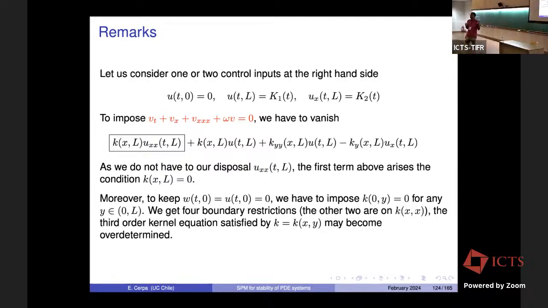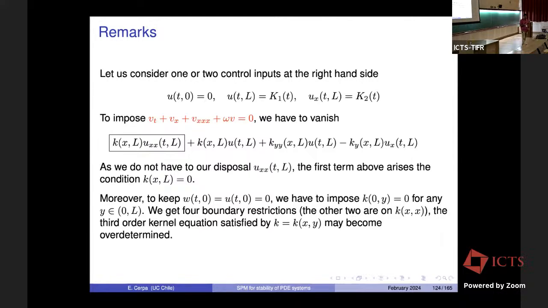So, for the kernel K, you get some terms K_xxx minus K_yyy. So, there are derivatives of order 3 in your kernel equations. Okay, so when you start imposing more than 3 boundary conditions, it could become overdetermined. Okay, so that's a problem in order to do the same approach as the one that we did in the situation where the controls